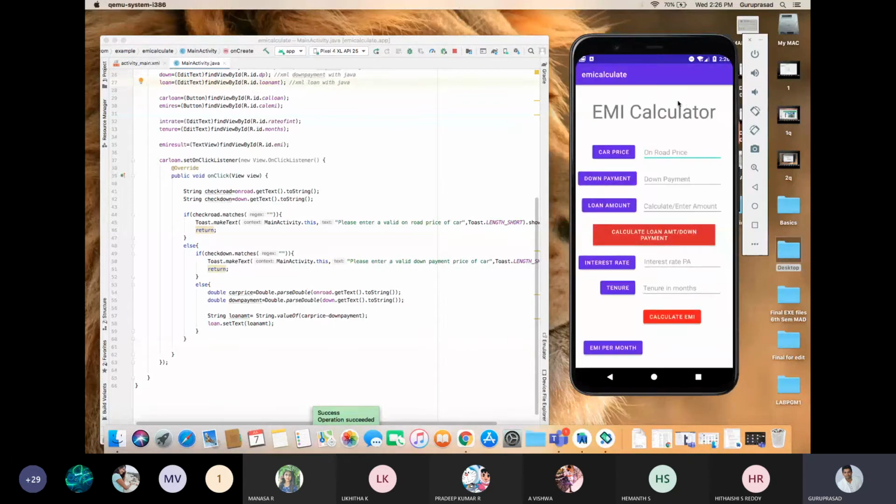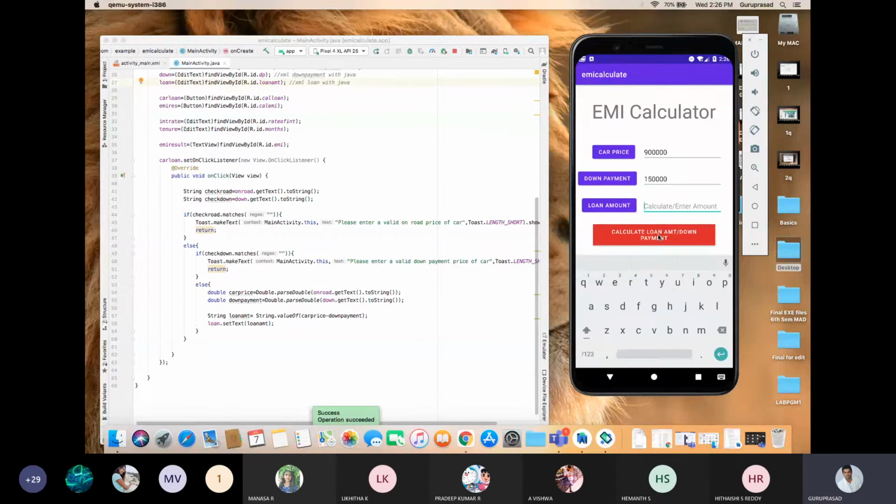Now, on-road price 9 lakh. Down payment 1.5 lakh. Now, calculate.